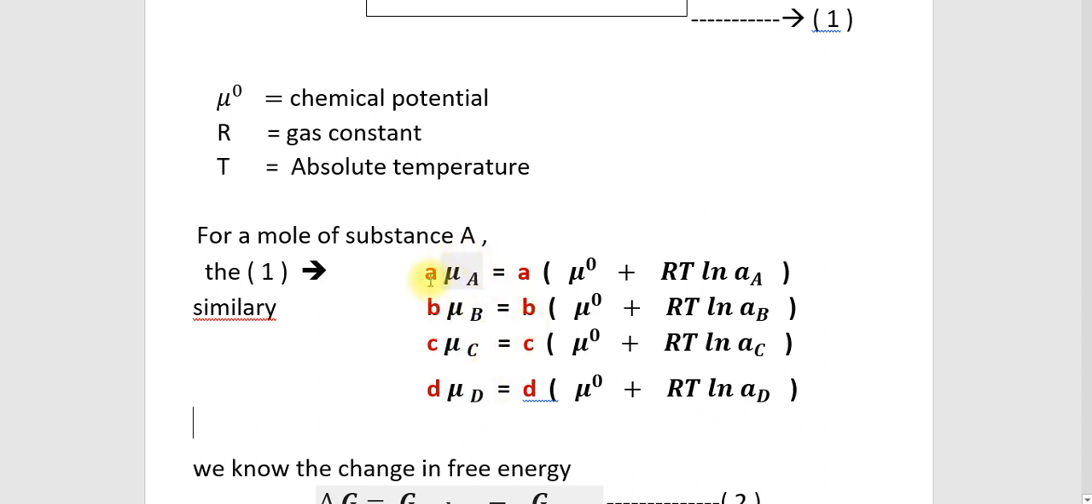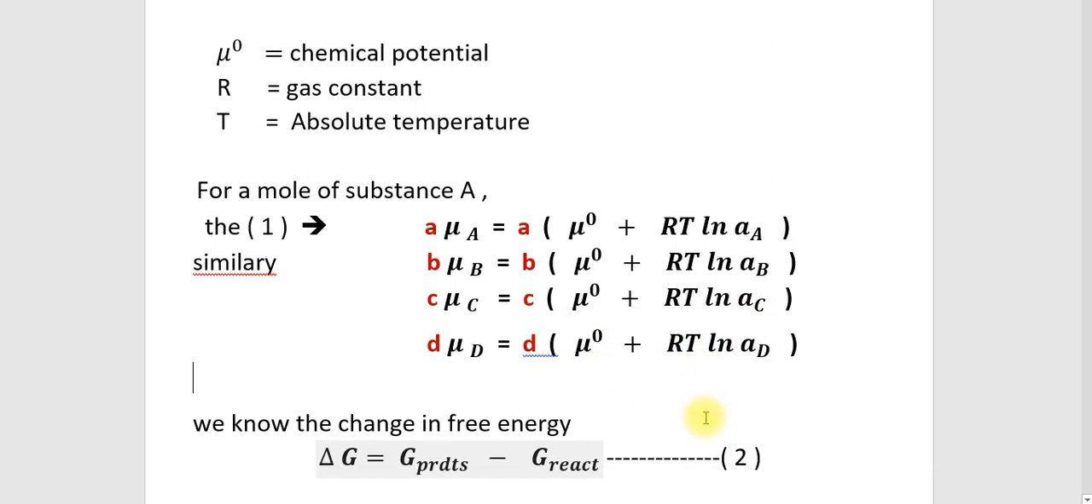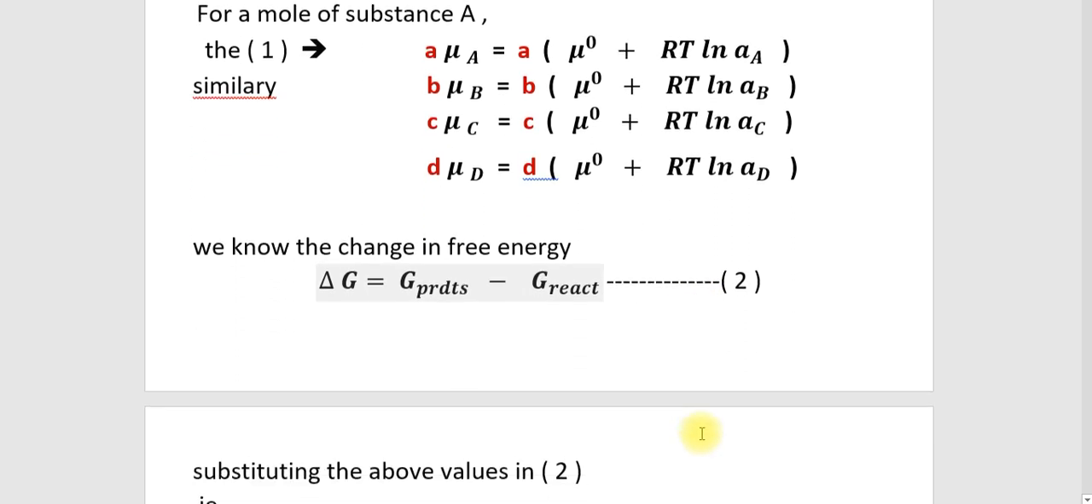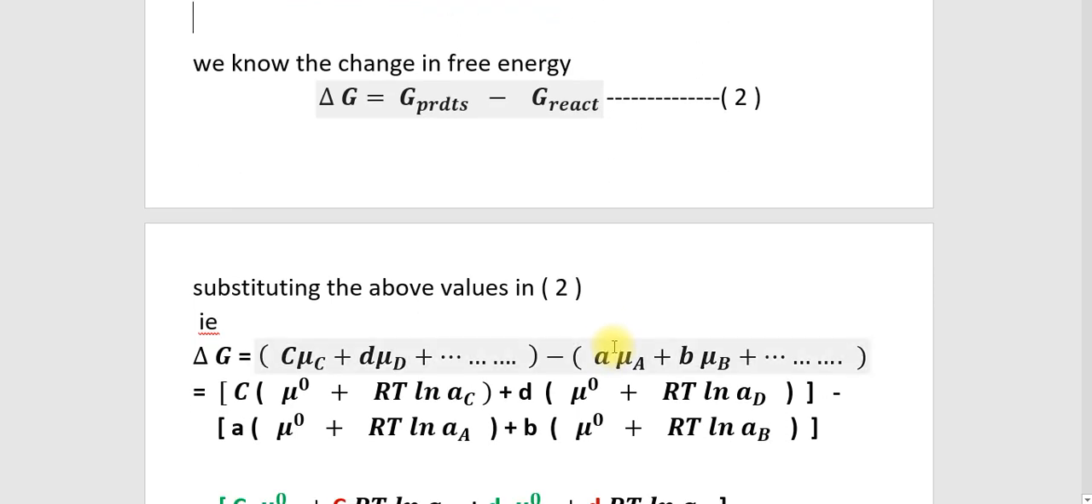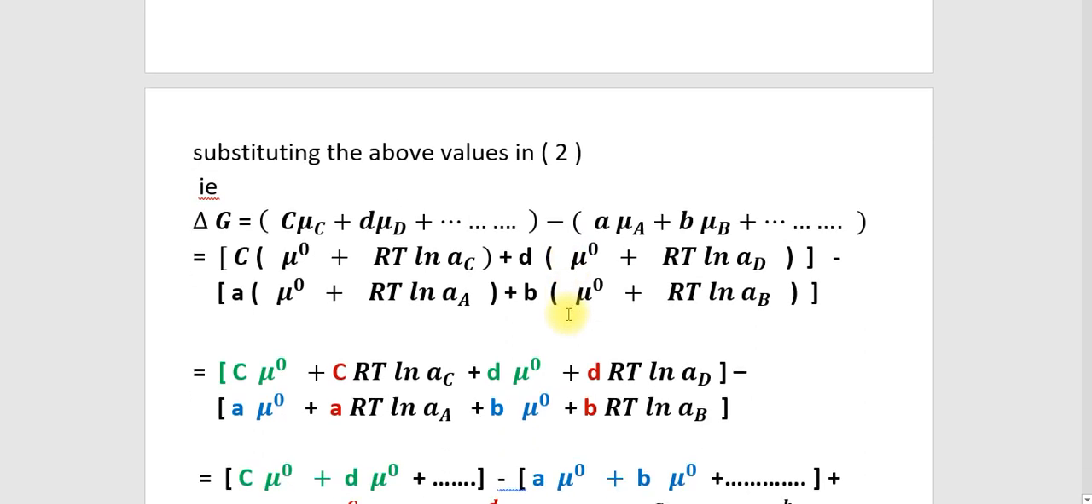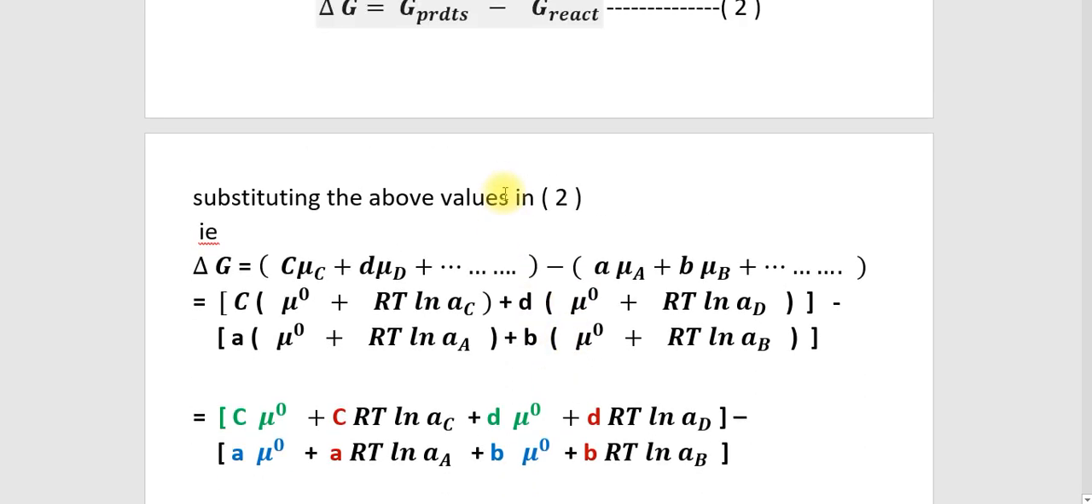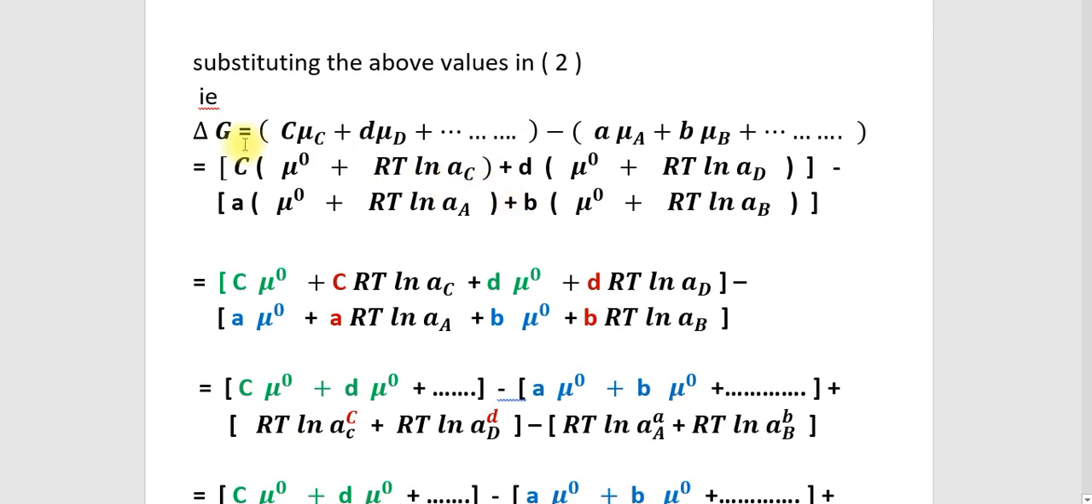So if I write the whole equation in detail, how will it look? That means, relating the chemical potential and activity, it is a into mu 0 plus RT ln a_A, b into mu 0 plus RT ln a_B, c into mu 0 plus RT ln a_C, and d into mu 0 plus RT ln a_D. Then we know the change in free energy, delta G, is equal to G products minus G reactants. Then substituting the above values related to the chemical potential and activities, we get the equation for delta G